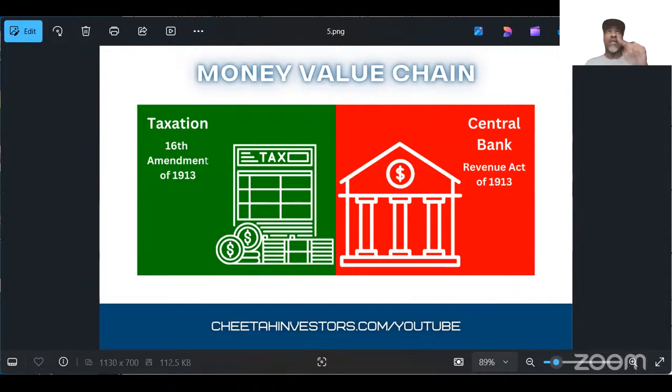At the very beginning of this, 1944, when they set this up, and this goes back actually to 1914 when we got our central bank system. The Federal Reserve System was created in 1914. The law was passed in 1913. And I want you to see the correlation between the two. And this is what I mean about the people on TikTok. You can't see the slide. Look at the slide and you can see a correlation of what happened in 1913.